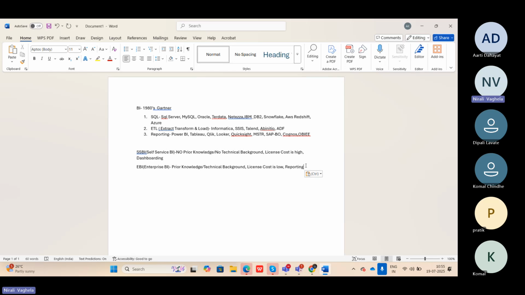And a report is kind of a static view. If I'm not wrong, just a guess. Any other answer? Reporting is used for documentation purposes. We can say that somehow.